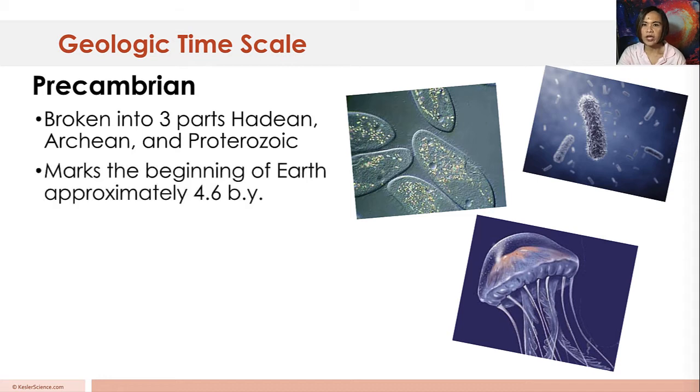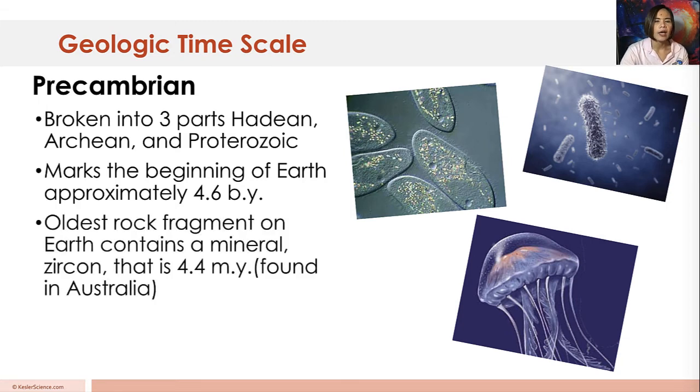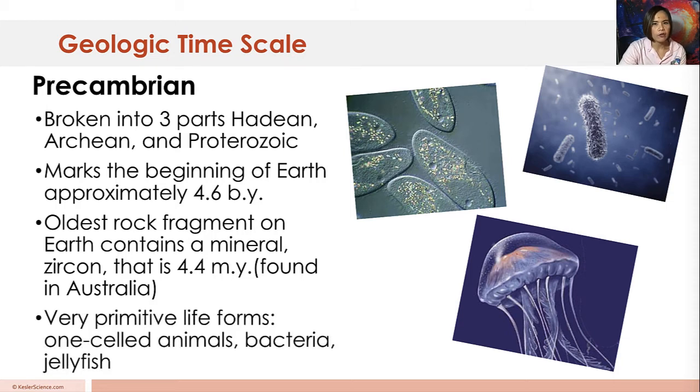The Precambrian period marks the beginning of the Earth approximately 4.6 billion years ago. The oldest rock fragment that they found on Earth actually contains a mineral, zircon, which is 4.4 billion years old, found in Australia. And the very primitive forms of life that they found are one-celled animals, bacteria, and jellyfish, as you can see